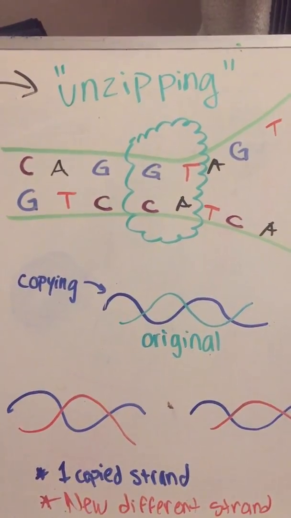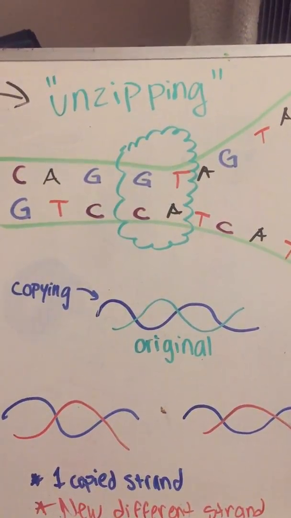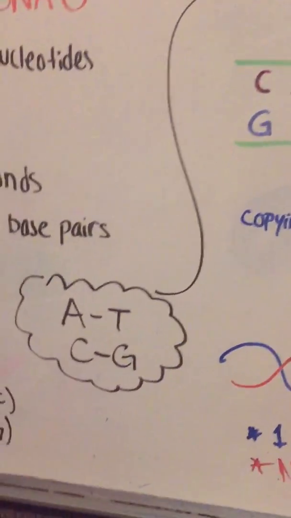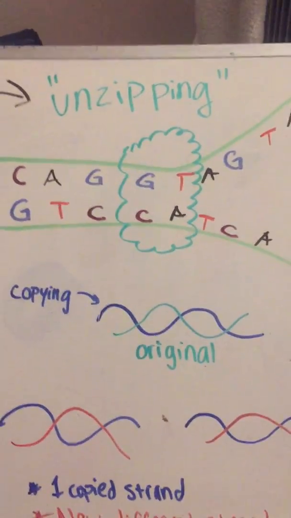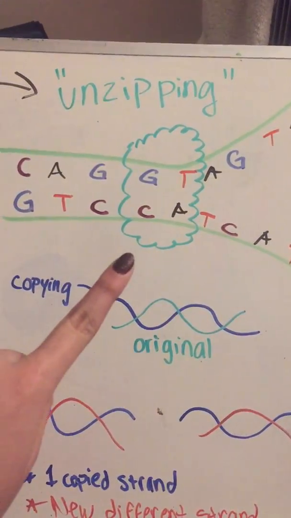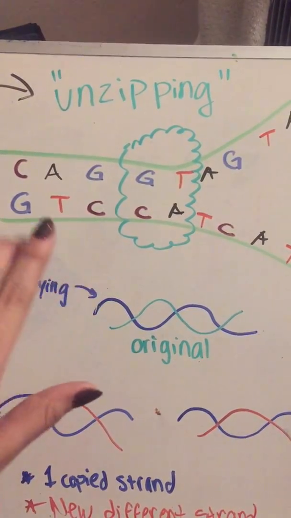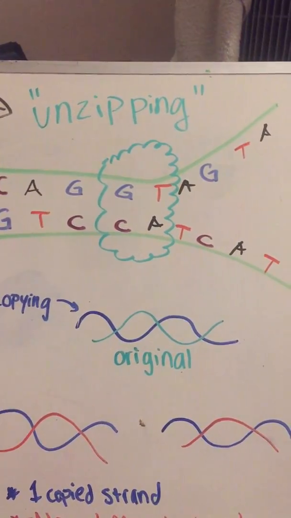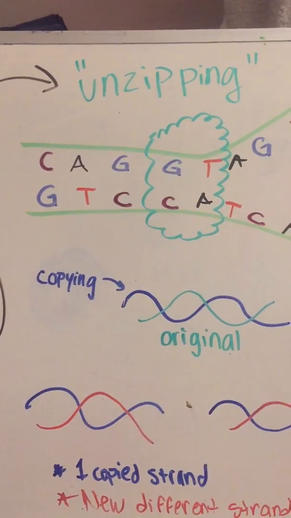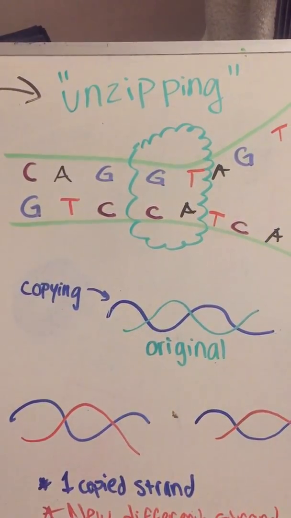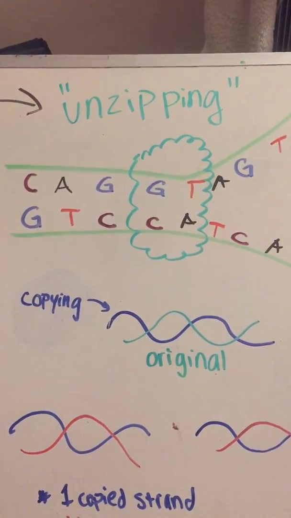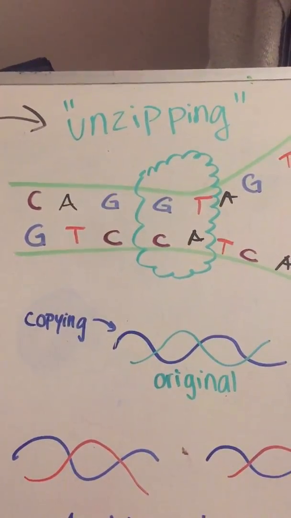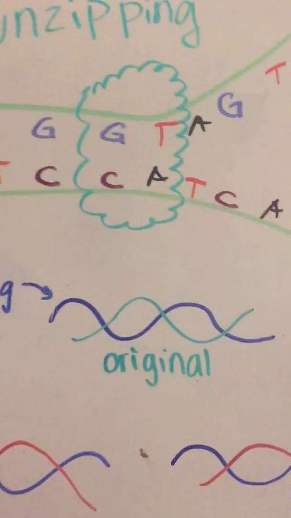We can say from here, which is C with G, as I recall in the other example over here. And this little thing, it's a helicase, which is running from this way, copying all the letters, putting them together as complementary base pairs. And at the end, what is gonna happen is that the original strand is gonna